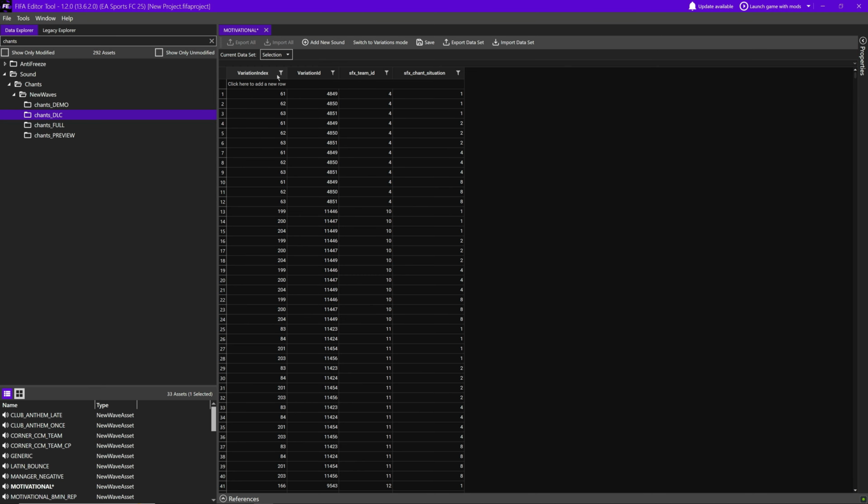When doing so, make sure that your new entries are properly aligned in the table, otherwise, you will receive an error message during import. So, what do we need to enter here? For each chart we create 4 new rows which are the same except for the last column. First, the corresponding index number, then the variation ID, and finally the team ID. All of this information can be found in our sheet by this point.